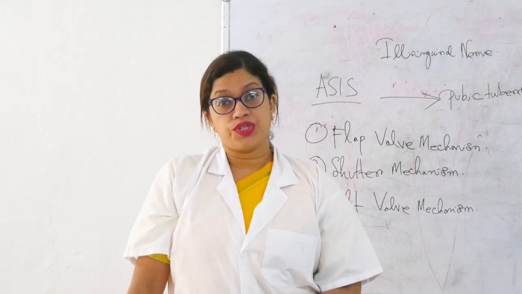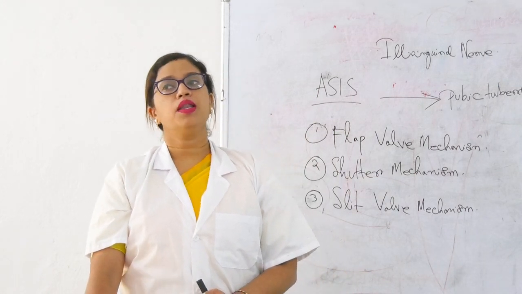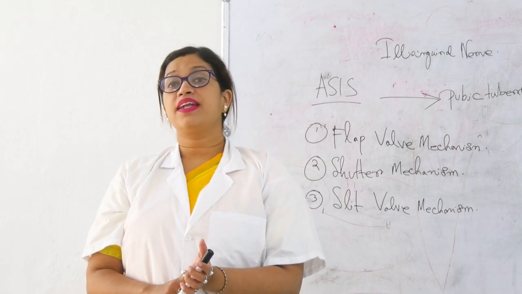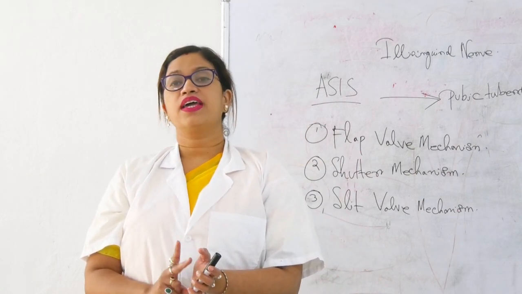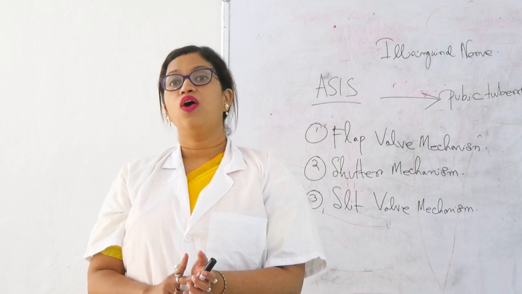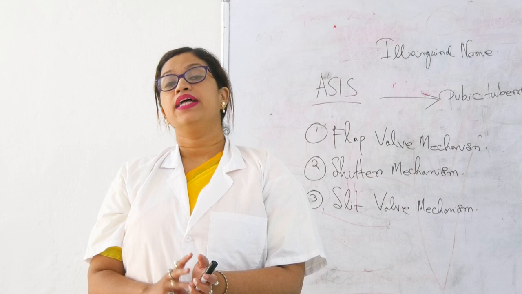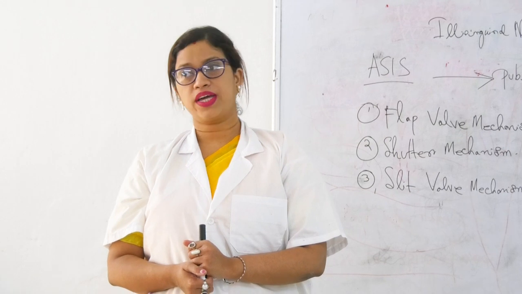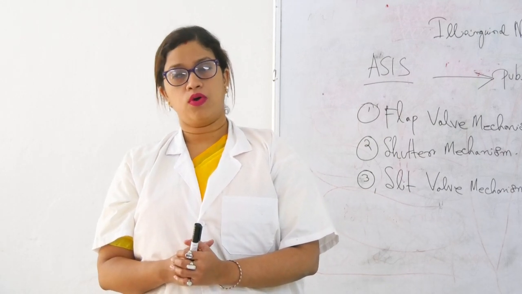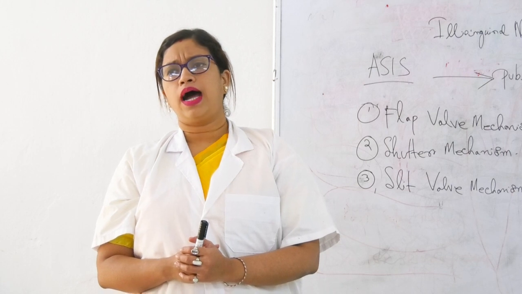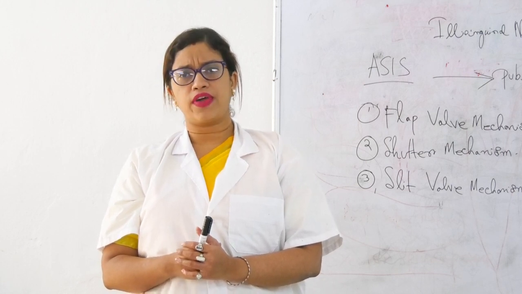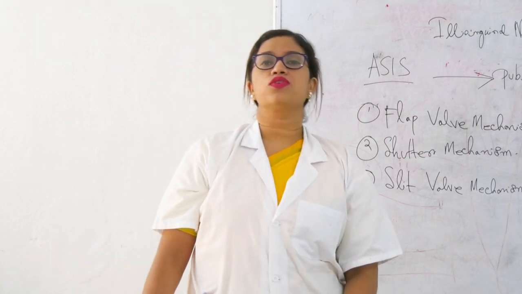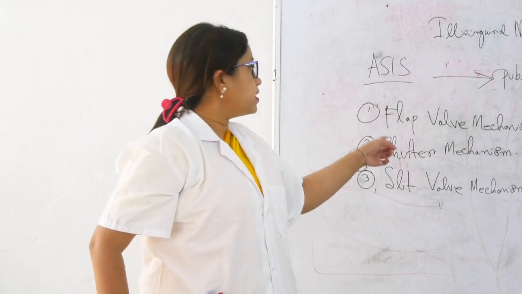Increased intra-abdominal pressure. Now you have to see in which cases it happens. Number one, very easy, that is coughing. Okay, second one is constipation, or vomiting. Third one is weight bearing. Those who lift a lot of weight, hernia is very common in their case too. An inguinal hernia you get after 40 to 60 years of age in males. Inguinal hernia is very common. So these are the causes of the hernia.